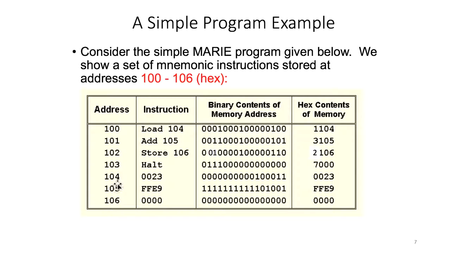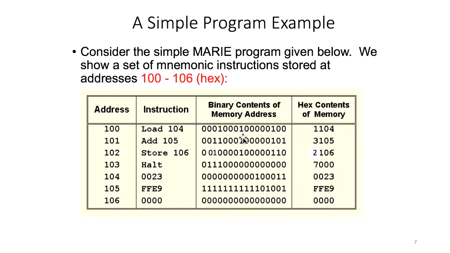The computer is going to go to address 104 and load the content of this memory address, 0023, into the AC. In binary representation, we have this 16-bit string of 0s and 1s. The most significant 4 bits represent the load instruction, and the remaining bits correspond to the